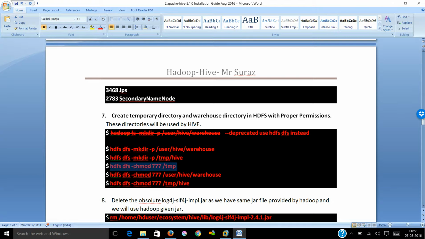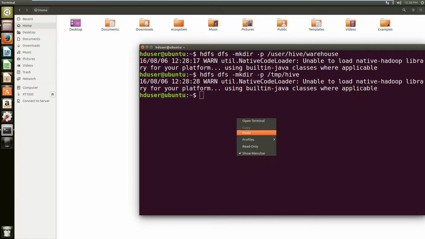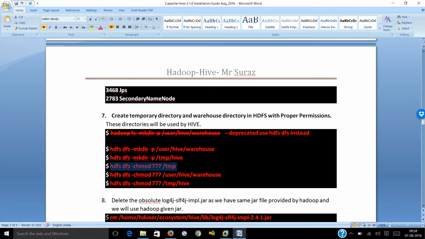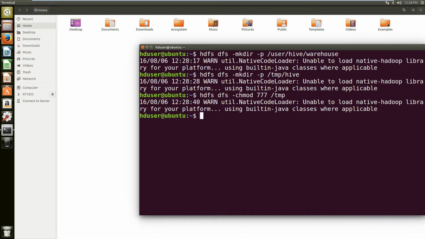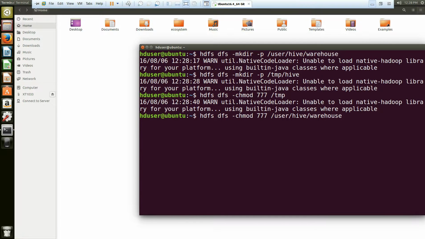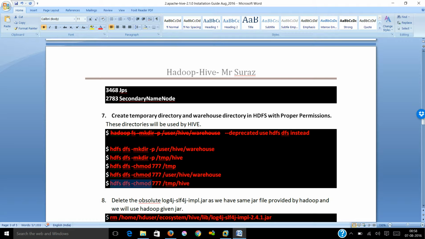This will give all the permissions to the tmp folder. This will give all the permissions to the warehouse folder. And this will give all the permissions to your tmp hive folder.